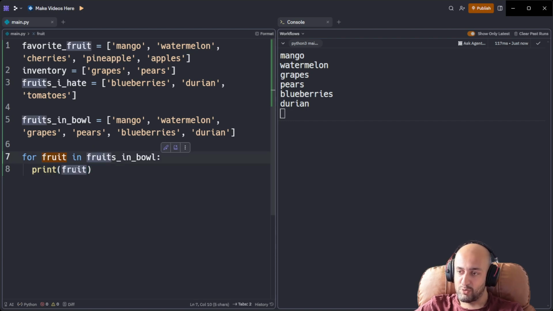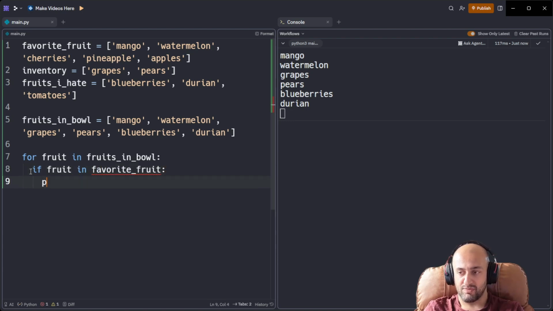And this is actually a variable, and then so is this, right? So what we're going to need to do now is for each fruit in the bowl, we're going to need to check if it's a favorite fruit, in the inventory, or in the fruits that we hate. And you can just copy this for loop. Of course, you would use food and foods on table or foods available, something like that. Good. So we're going to say if the food is in our favorite fruits, we're going to say this. So we'll say if fruit in favorite fruit, print